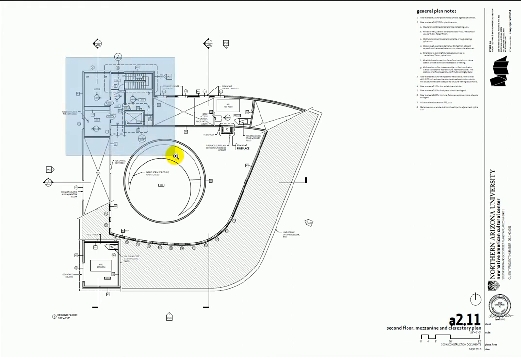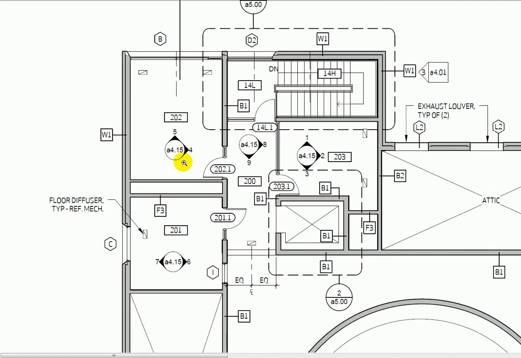So let's zoom right in here. So what we see here are some details. Now these are architectural details, but if we're looking for a blow up of the elevator, we have detail 2 on A500, and this little dashed line around the outside indicates that that's a blow up plan. These little details,